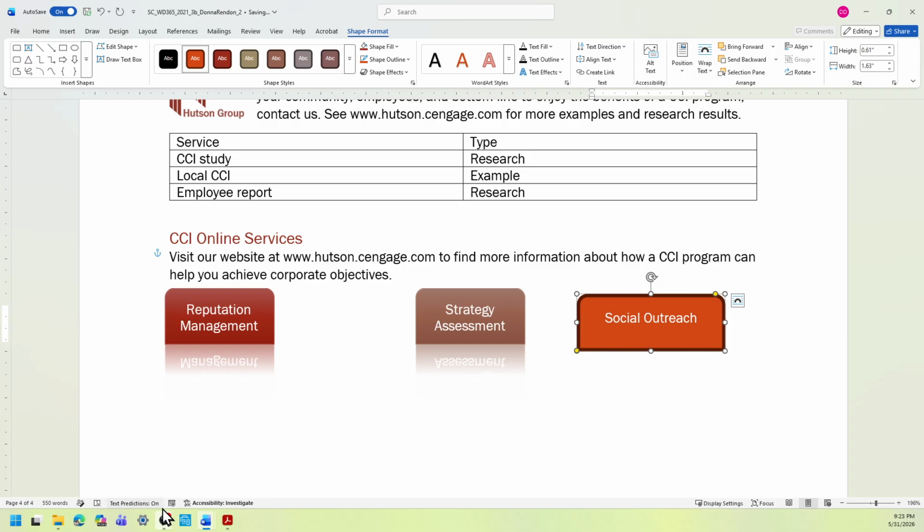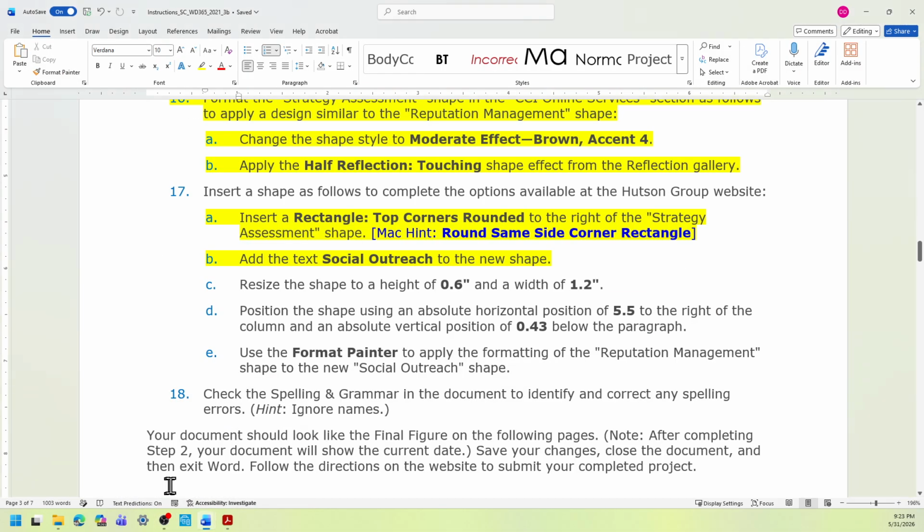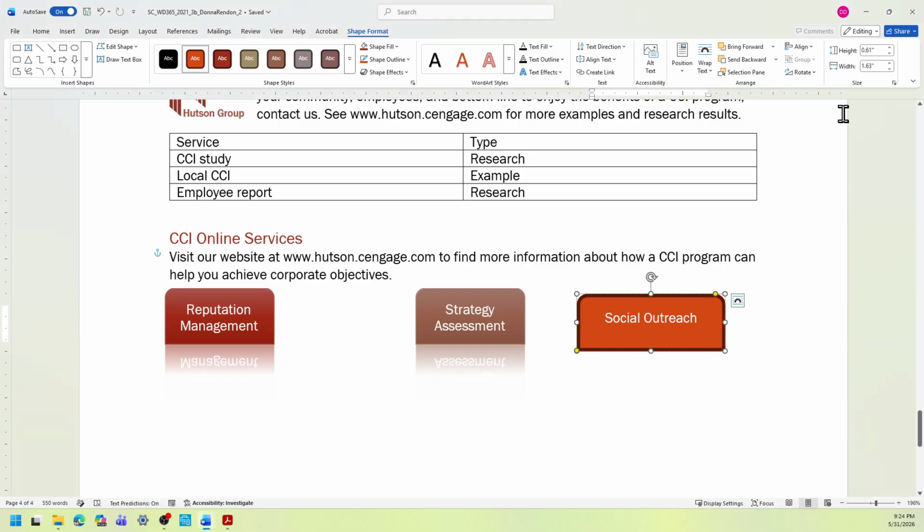And then let's go back to the instruction. We're going to resize the shape to a height of 0.6 and a width of 1.2 inches. Let's do that. So the height and width is still under the shape format. Look to the top right.